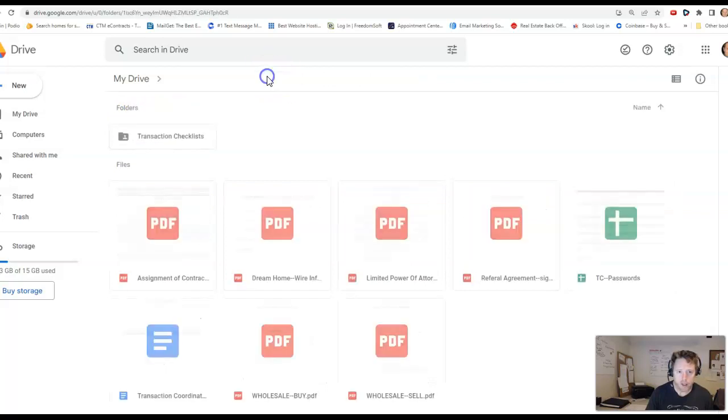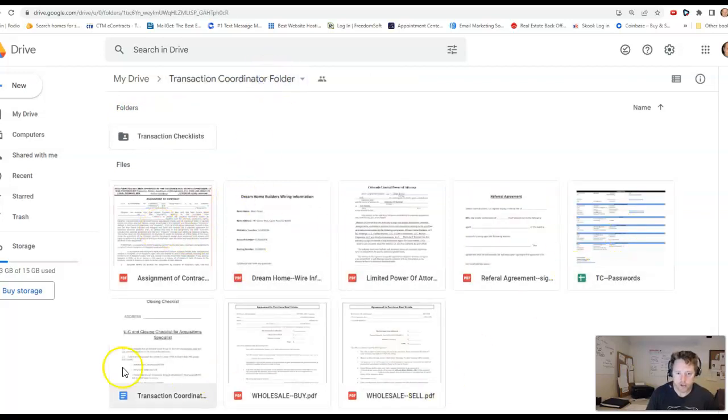But in this folder, this is all the stuff for the transaction coordinator and us as well. We've got our passwords here. We've got our agent referral agreement here. We've got wiring instructions for title. We've got our buy-sell contracts that aren't CTM. They're just our direct-to-seller ones, and then our assignment of contract. So all this stuff is what the transaction coordinator uses as well. So if there's anything else that you need the transaction coordinator to have access to, you can just drop it